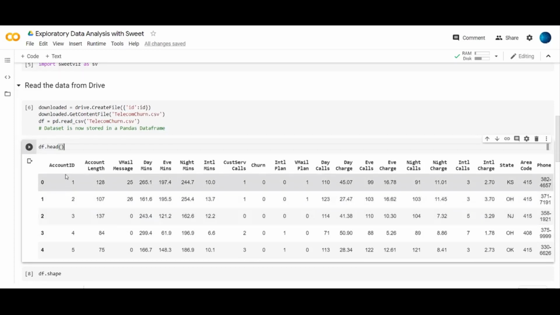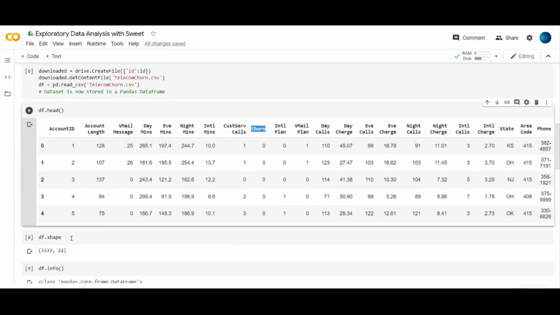It gives me the information about account ID, account length, email messages, the number of minutes a customer speaks in a day, evening minutes, night minutes, international minutes. All of these represent the call minutes. Then customer service calls, whether the customer made any customer service call or not. And churn is our target variable.